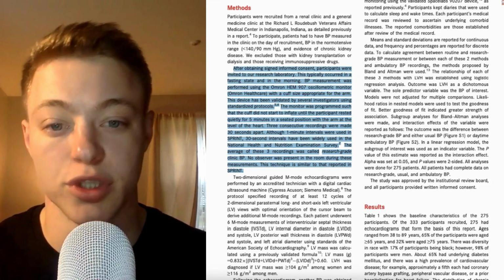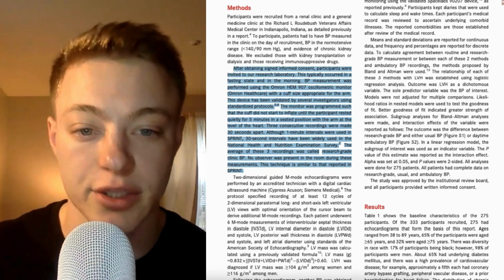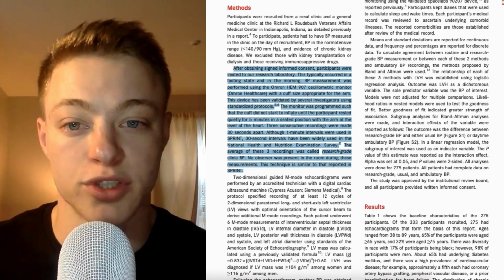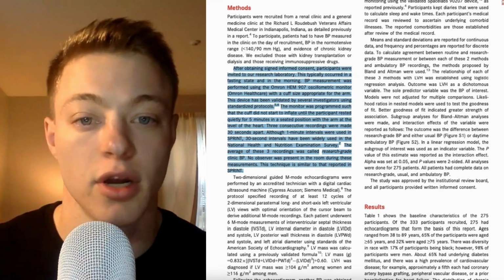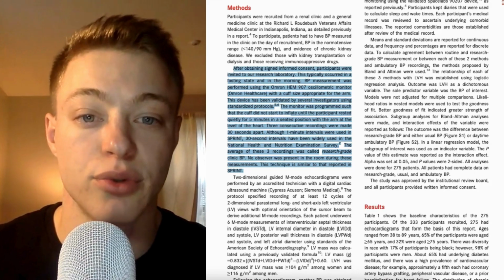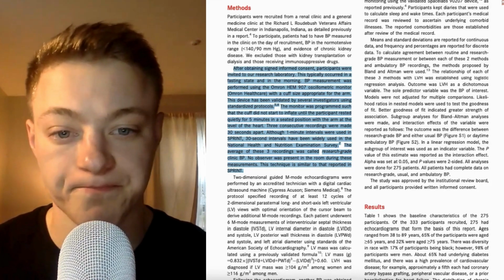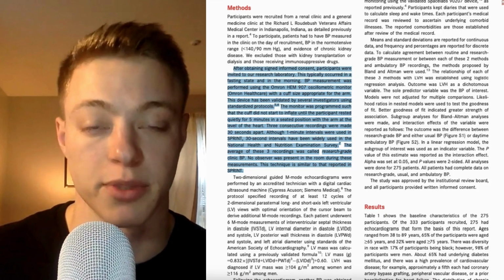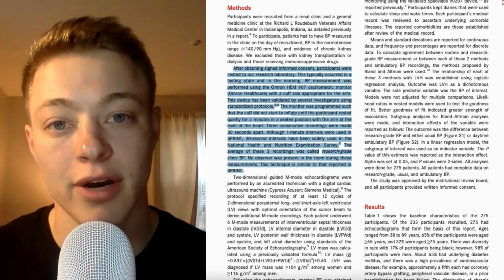Although 1-minute intervals were used in SPRINT, 30-second intervals have been widely used in the National Health and Nutrition Examination Survey. The average of these 3 recordings was called research-grade clinic blood pressure. No observer was present in the room during these measurements. This technique is similar to that reported in SPRINT, end quote. And so after they got that research grade blood pressure measurement, they then went on, got the echocardiogram, and then